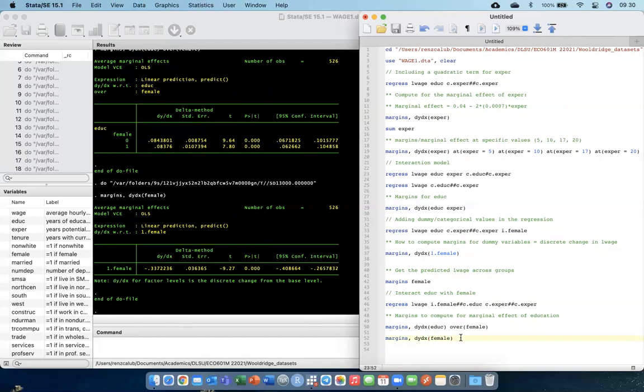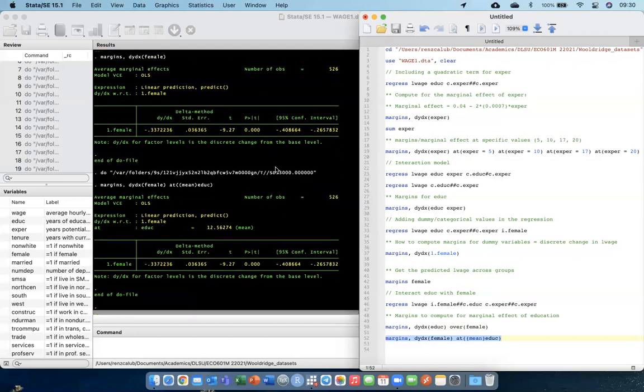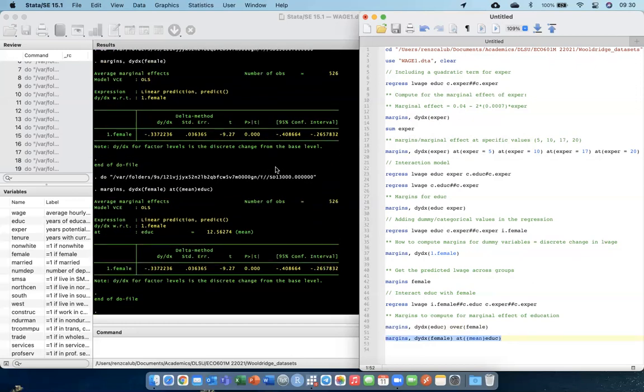If you wanted to get a specific value for educ, say average educ, it's roughly the same. So you're getting the mean, you're at mean years of education. This is the marginal effect of female. Right? This is the marginal effect, or the discrete change of being a female, moving from one group to another in terms of wages. Okay, so this sort of summarizes the things that you can do with interaction terms, factor variables, interaction terms, and computing for marginal effects in